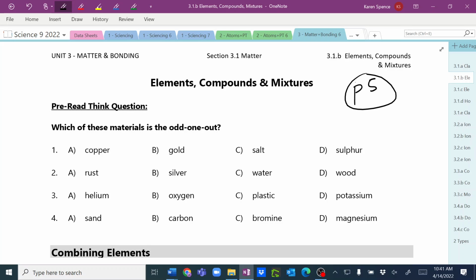So what you're going to do is consider these options here. With your partner, you're going to discuss which material is the odd one out. You're going to think about it, and then we are going to vote. The odd one out is the one that doesn't match the rest. There's only one in each group of 4 that doesn't match the rest. So you're going to do that for group 1, then group 2, then 3, and then 4. So discuss